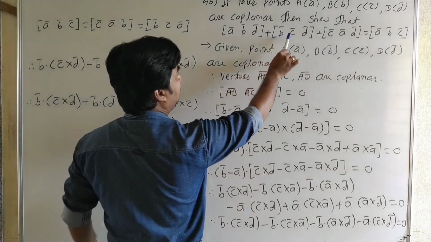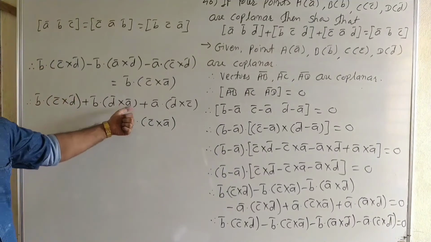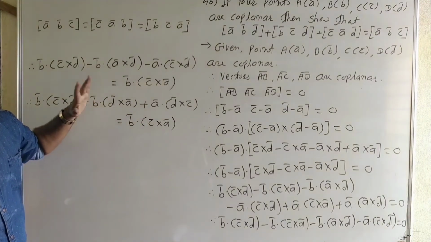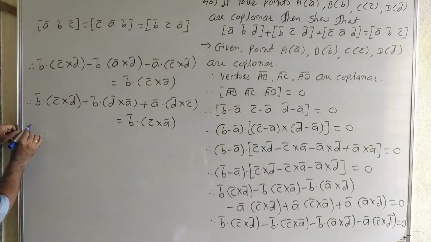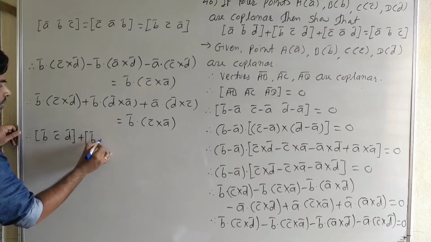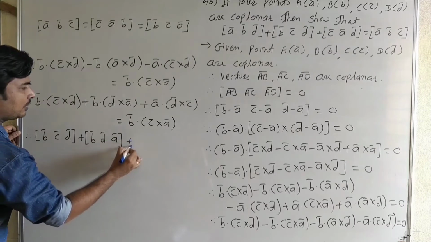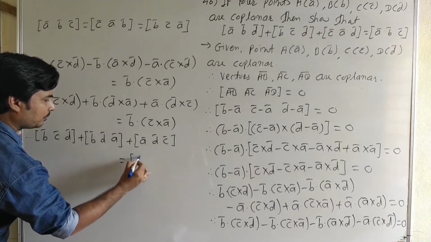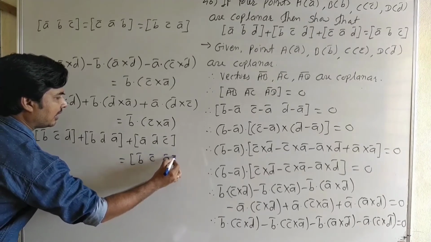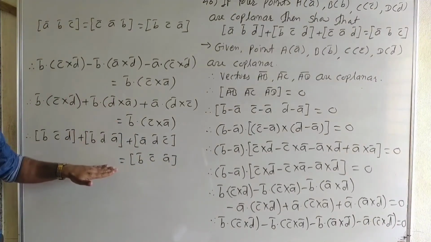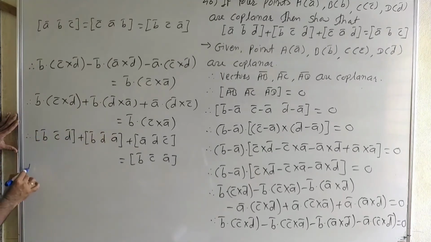Okay, then these four terms we get, it is BCD. Here it is the second term BCD, but it is BDA, but we want to find ABD. Again here we use the cyclic property. Okay, see carefully. Therefore we can write in terms of box product, it is BCD plus BDA plus ADC and is equal to BCA. Okay, here we have written the triple product in the box product form, and now by using cyclic property,